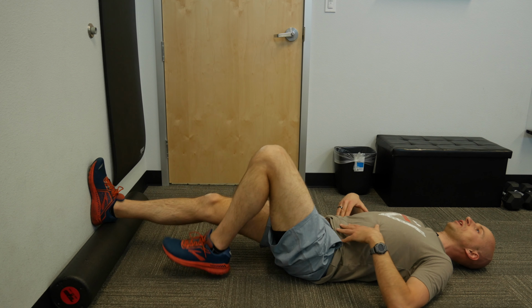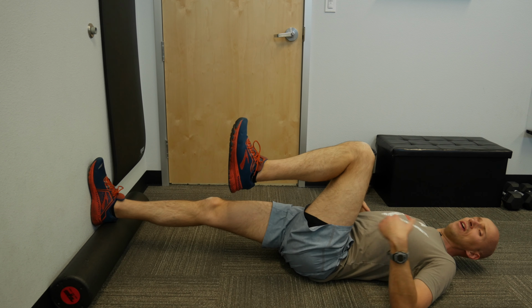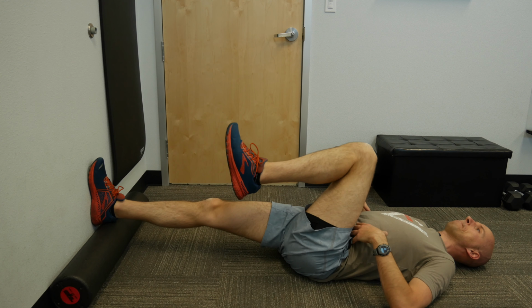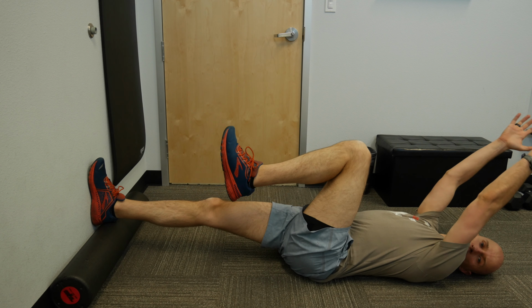Step three, bring your knee to your nose and keep pushing into the wall. That should intensify the glute. If by some chance you're getting some pinchy stuff in the front of the hip, no worries. Just keep your leg on the ground in the meantime. Knee to nose. Step three, you're going to take both your arms, reach them